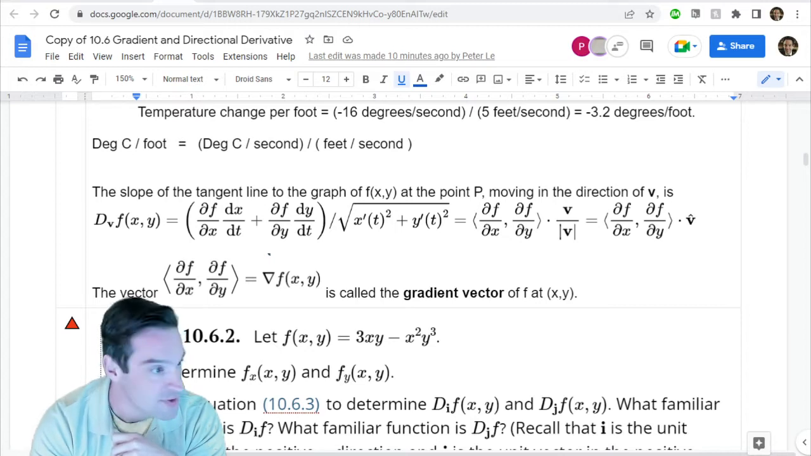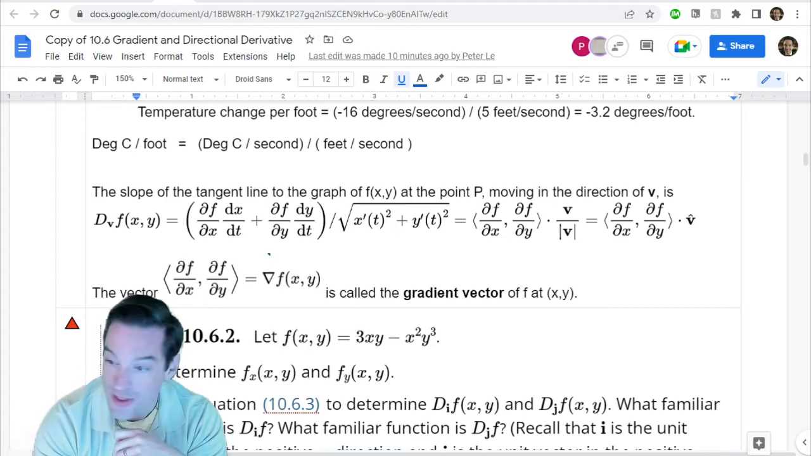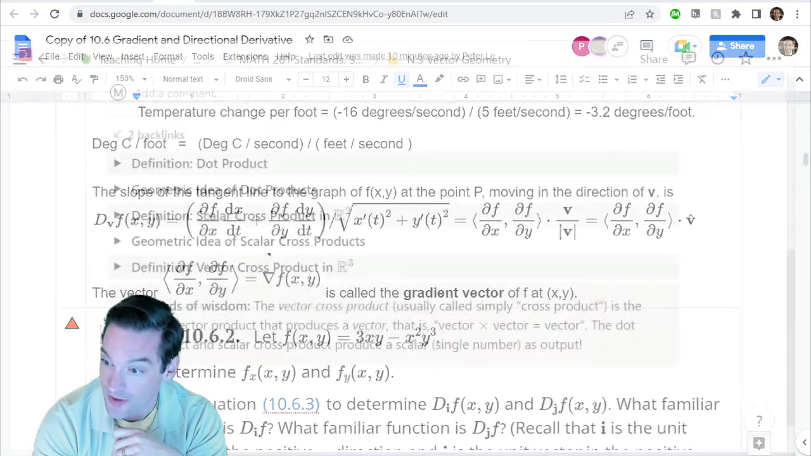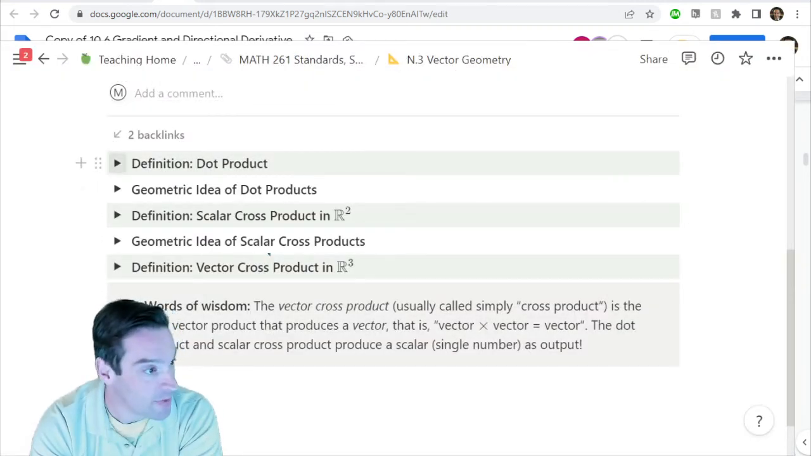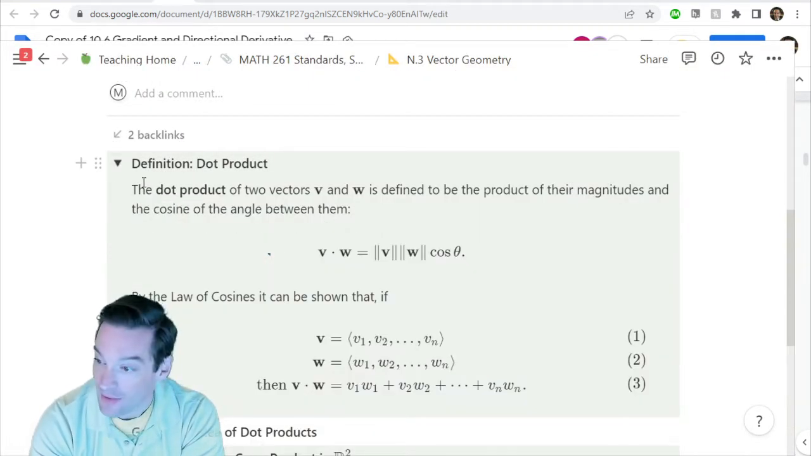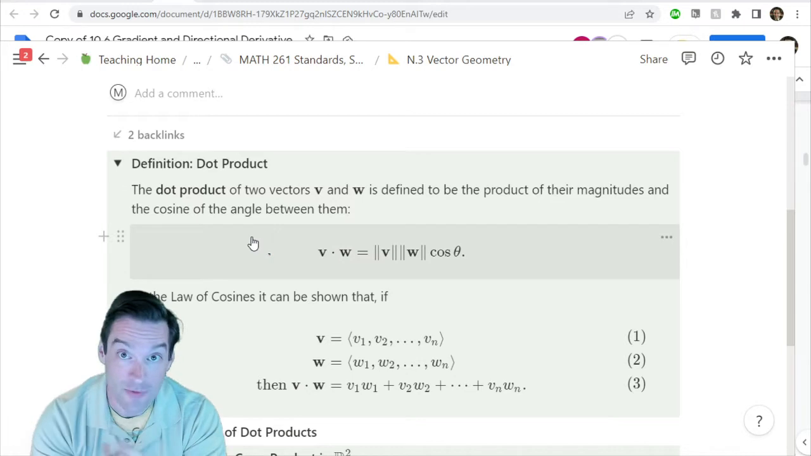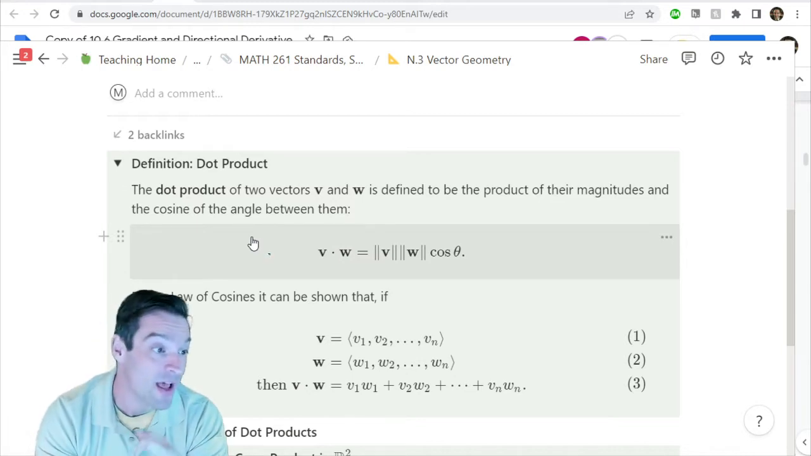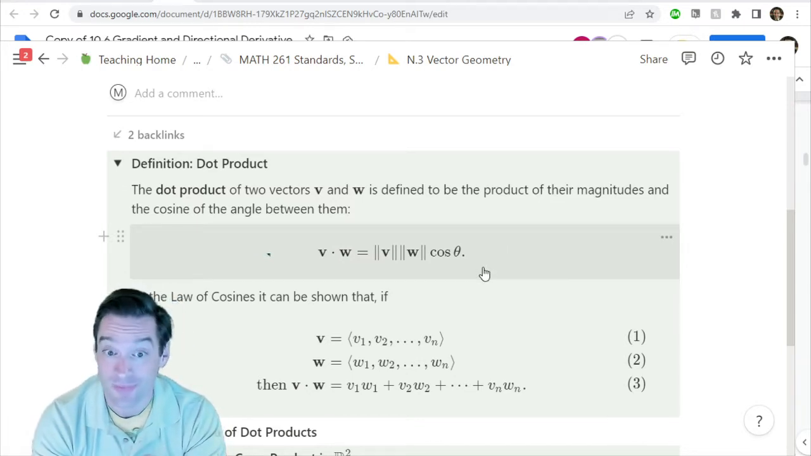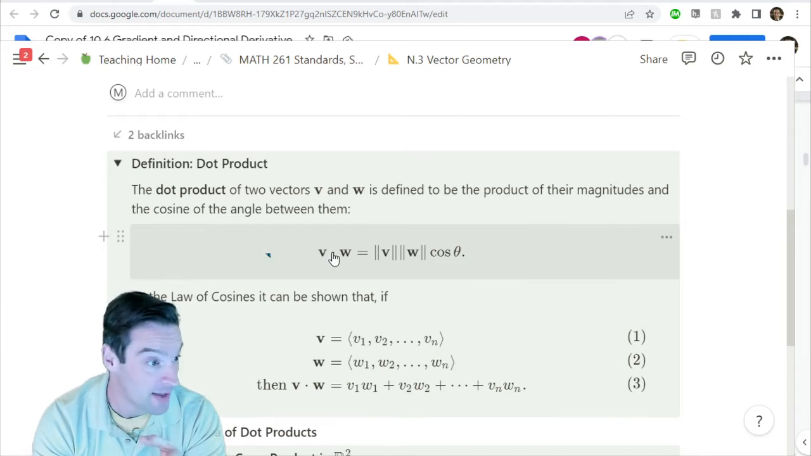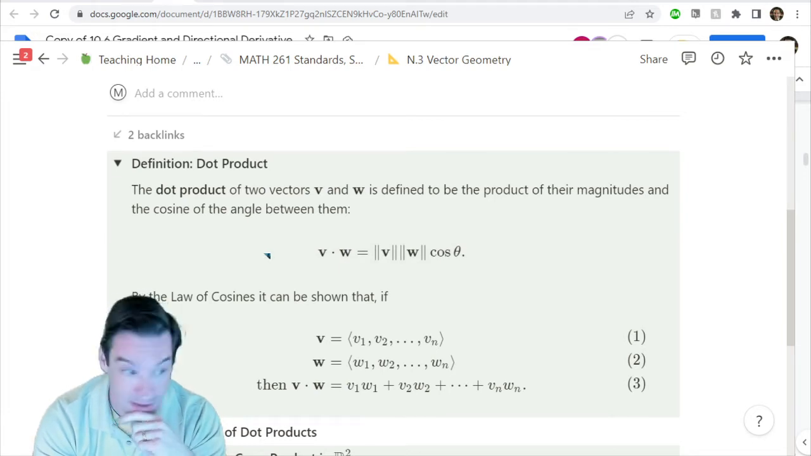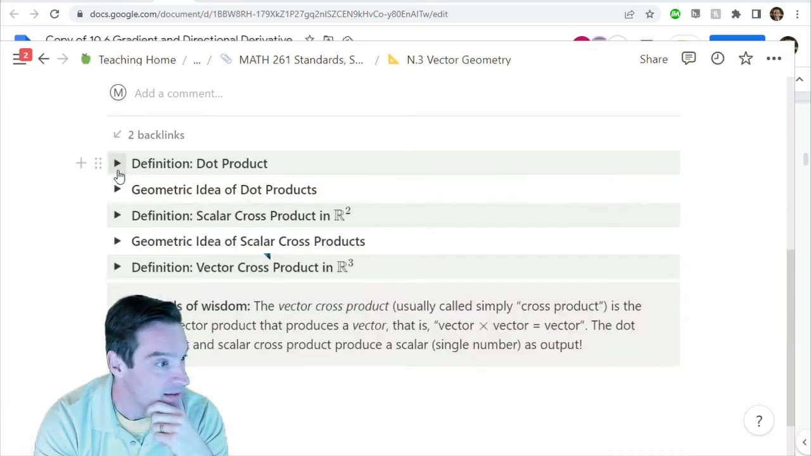At the time, we were interested in using operations to do geometry with vectors in 2 space, 3 space, any number of space. And what we said back then was that the dot product of two vectors measures the product of their magnitudes multiplied by the cosine of the angle that the two vectors make, right? So the dot product of v and w is the product of the magnitudes of v and w multiplied by the cosine of the angle that v and w make. And so as a direct consequence of that,